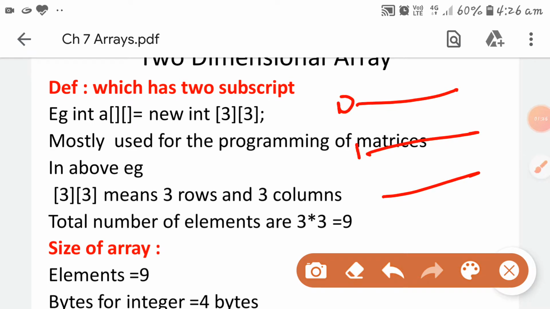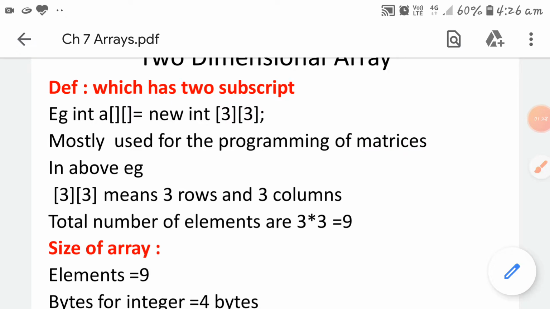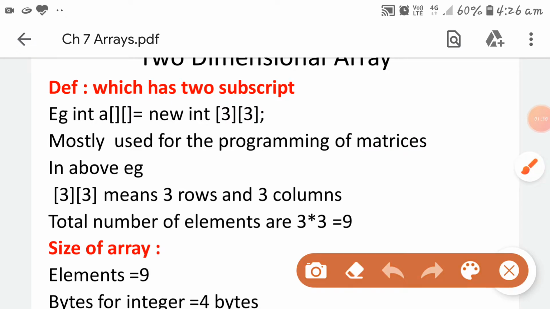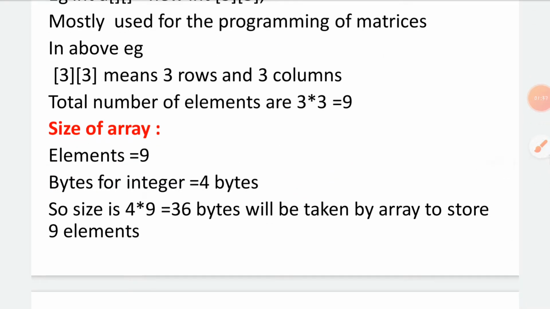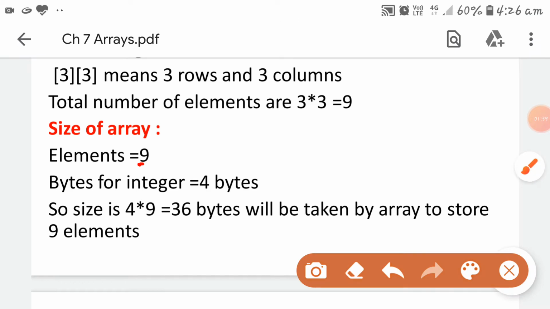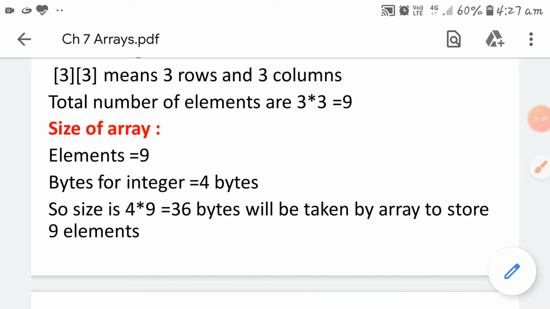So total elements are 3 rows and 3 columns, 9 elements. Now the size of the array. Total elements are 9 and 4 bytes are taken, then the size is 4 multiplied by 9, 36 bytes will be taken by 9 elements.